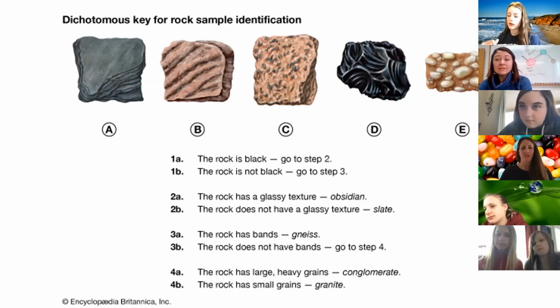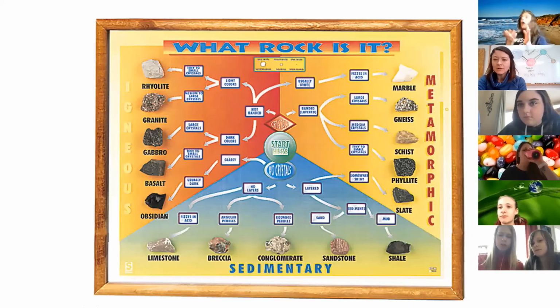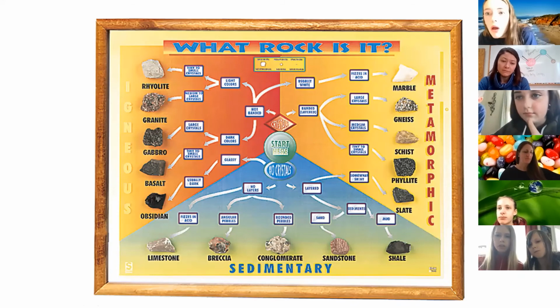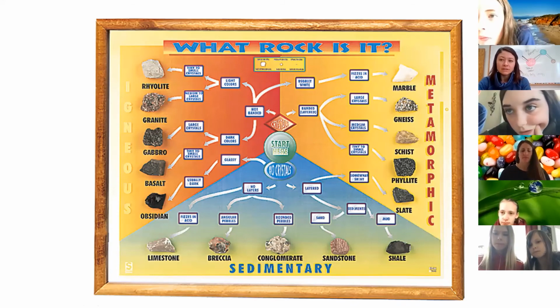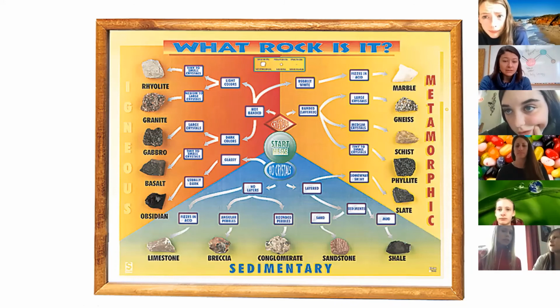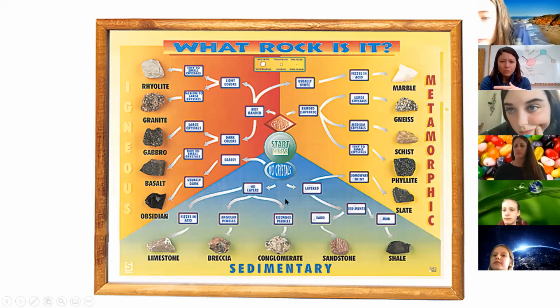So this is a really simple rock ID, right? It can get a lot more complicated, so we won't go through this one. I just wanted to show you guys that there's more than 4 types of rocks, obviously. So this kind of shows you how you can go about identifying a lot of different types of rocks. Now, you notice though, even though it's like a big poster, at every single box, you still basically only have, for the most part, 2